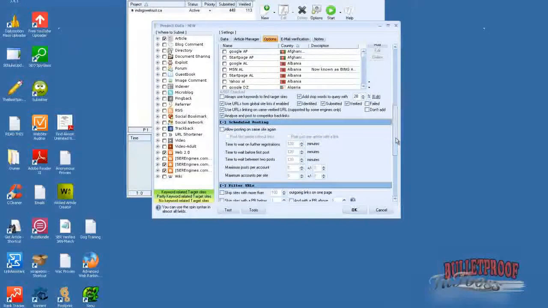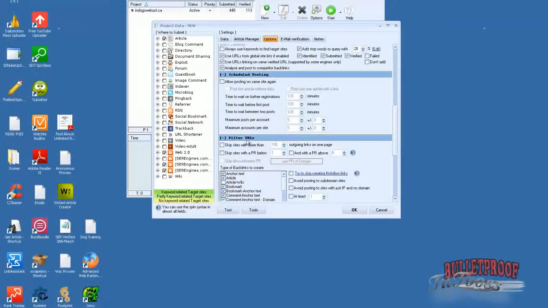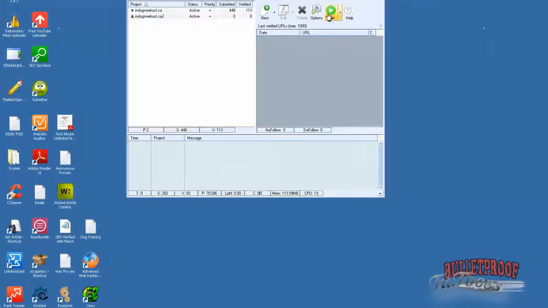All these other options down here, I'm not going to play with them at all. With the SER engines modules, they have sites that are built into them. So I just leave all of this for the next projects. I find that if I do put this up, the page rank, it's not going to get me very many sites at all. It's just good not to touch any of this for your first tier, so just leave that. So I'm going to click start,